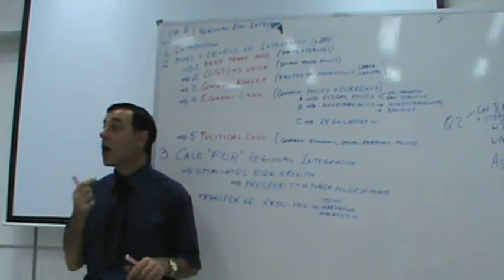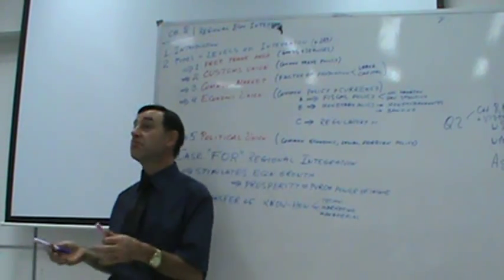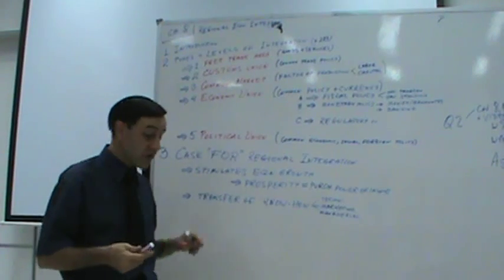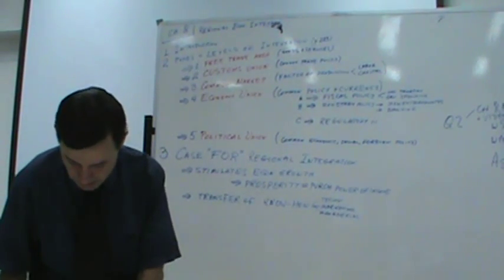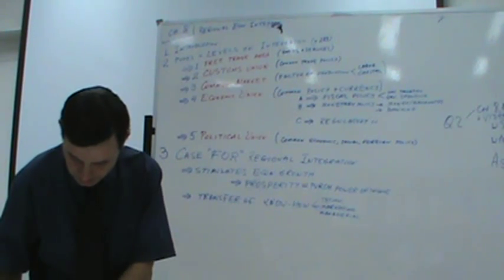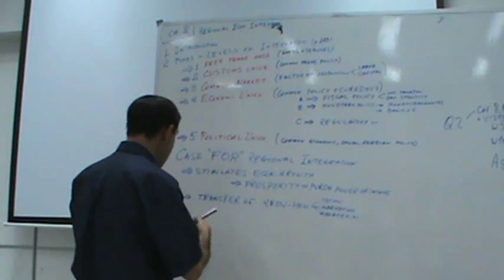So French are good at wines, okay? Germans are good at beer, all right? So they can learn from each other about it. So transfer of know-how, okay? Theoretical, basically this and that. All right, so the case,